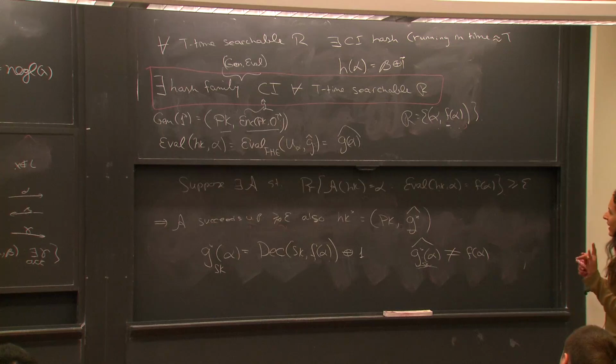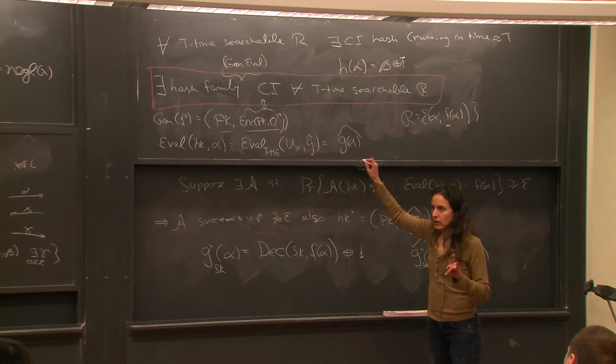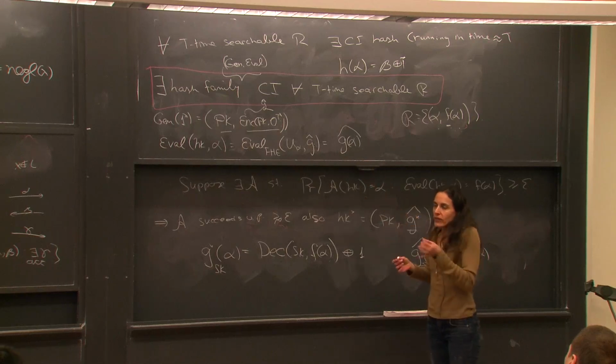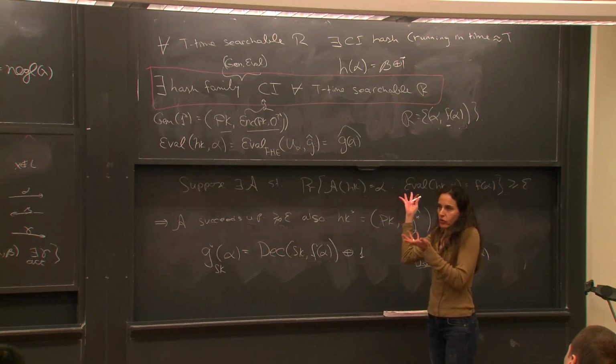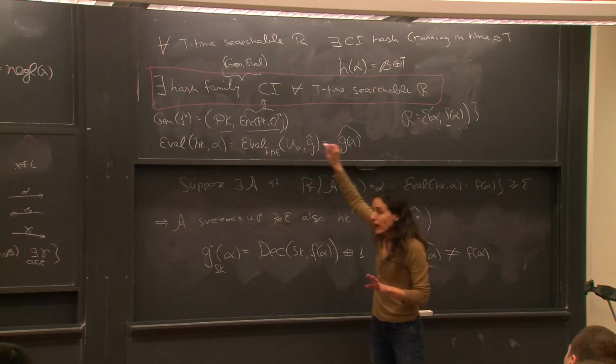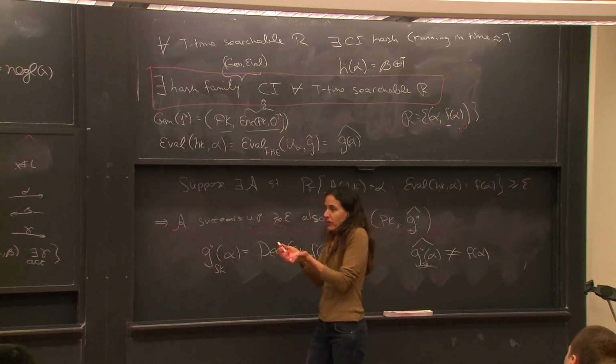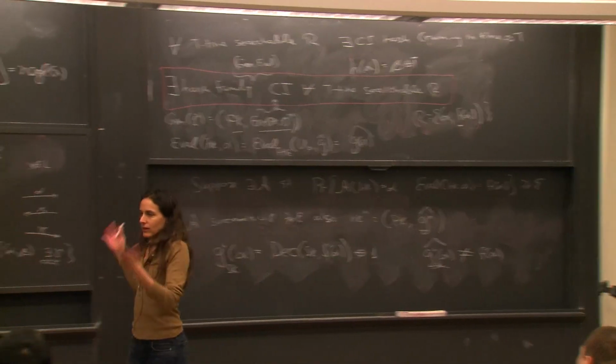Sorry. He can choose F after he sees the hash family. The hash family. No, once you have the specific key, then you're right. Sorry, yeah. There's one hash family. After he sees the hash family, he can choose the relation. But of course, for the specific hash key,